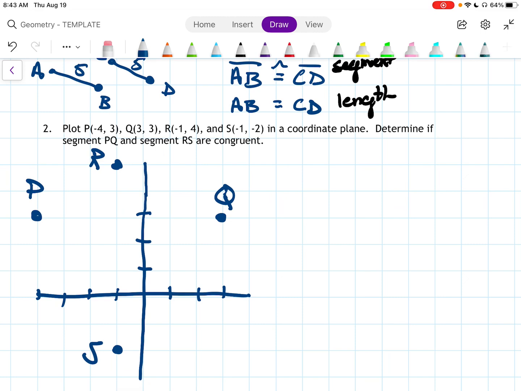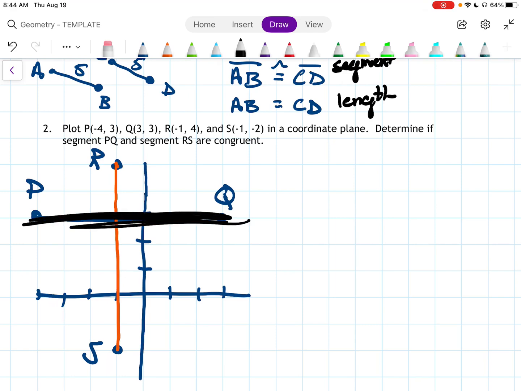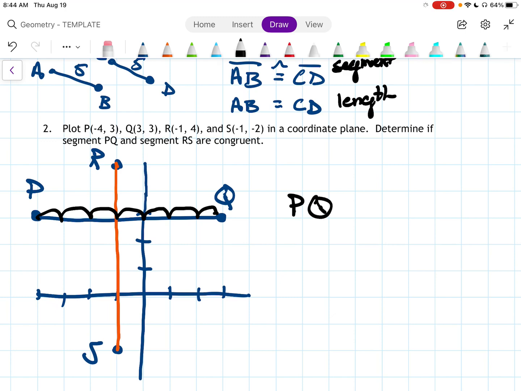It wants us to look at segment PQ, that's this here, and segment RS, right there. Now these are really nice because P and Q are on the same line this way, so we can just count over. We go 1, 2, 3, 4, 5, 6, 7. It's 7 units long, so I'm going to say PQ, the length, is 7,